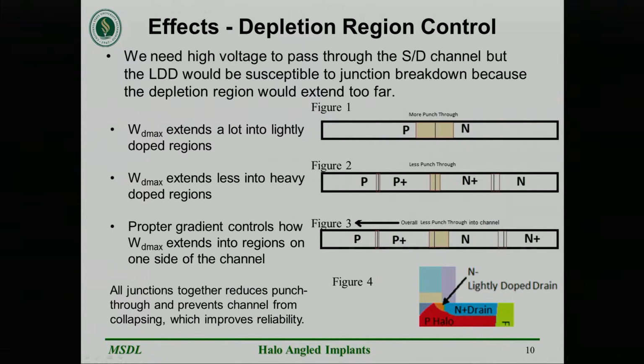Figure 2 shows, with heavier doped regions, this happens more abruptly with higher I-off and with a similar but more abrupt drop in the VT, and the depletion region doesn't extend far enough. Figure 3 in the bottom right, the PN box, is what is being represented in the halo cross-section of Figure 4. Having the gradient on each side of the channel gives this needed gradual transition to lowering I-off while maintaining